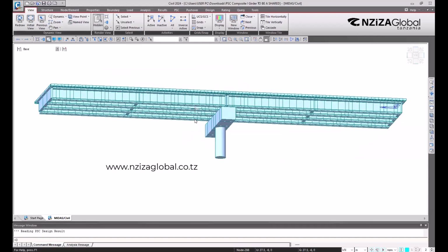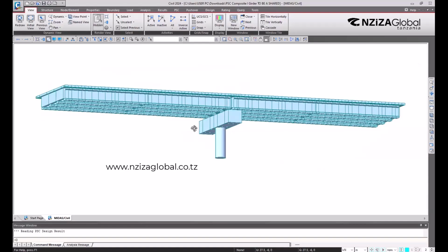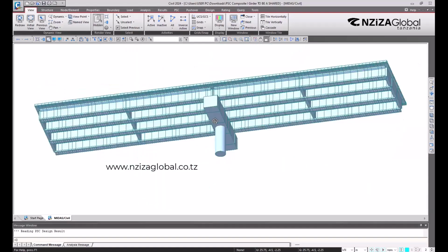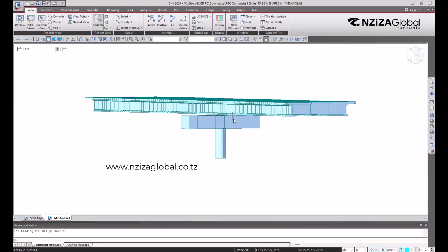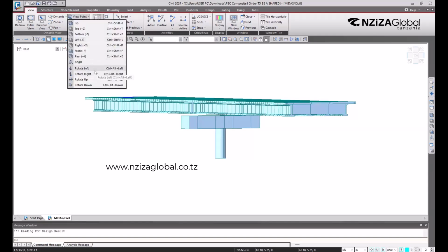Or I can press Control. If I want to rotate, I can use the keys. As you saw here, I can use these keys, right? I can use these keys here to rotate from left hand side. Then you will use Control Alt, then